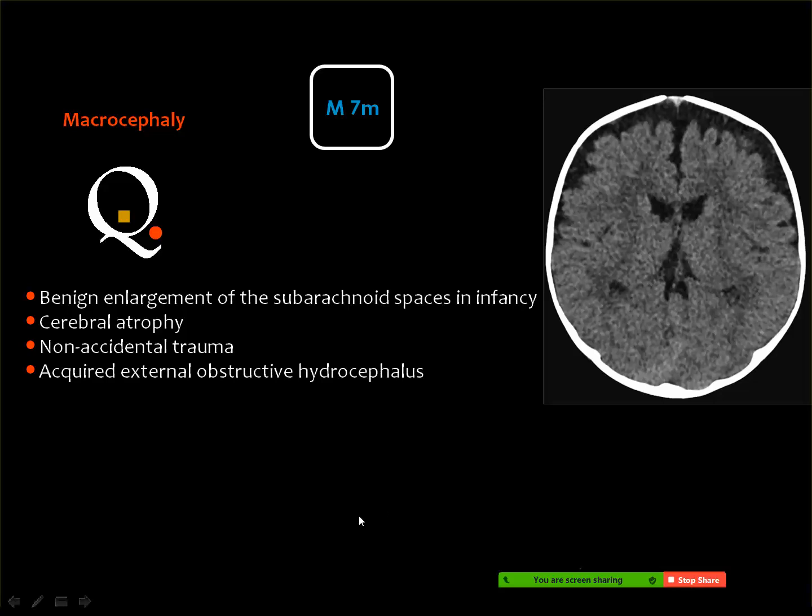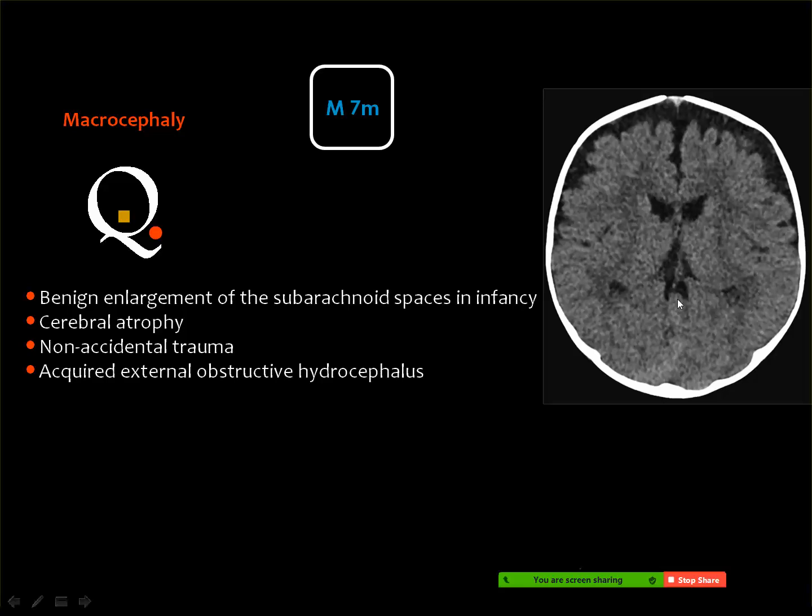And the clue for the diagnosis is this. You cannot diagnose this benign enlargement of the subarachnoid space without knowing that the patient had macrocephaly. It is illogical to diagnose cerebral atrophy in patients with macrocephaly. In patients with macrocephaly, they are looking for hydrocephalus. But in absence of hydrocephalus, and you can see that the frontal and parietal subarachnoid CSF spaces are wide, but